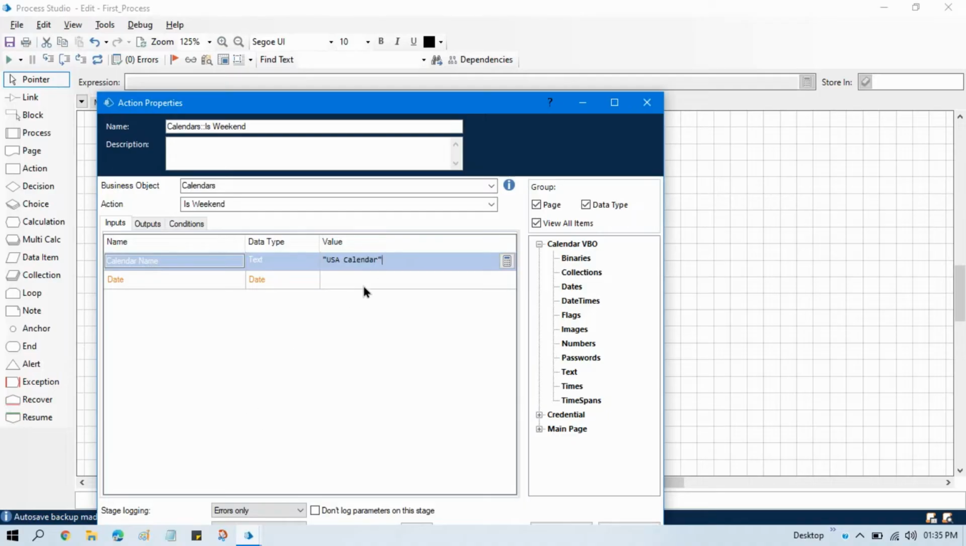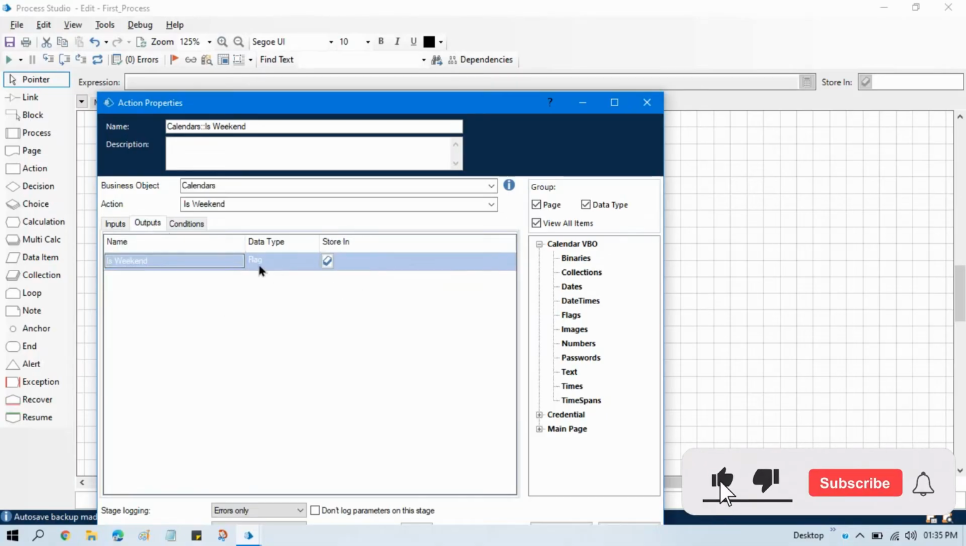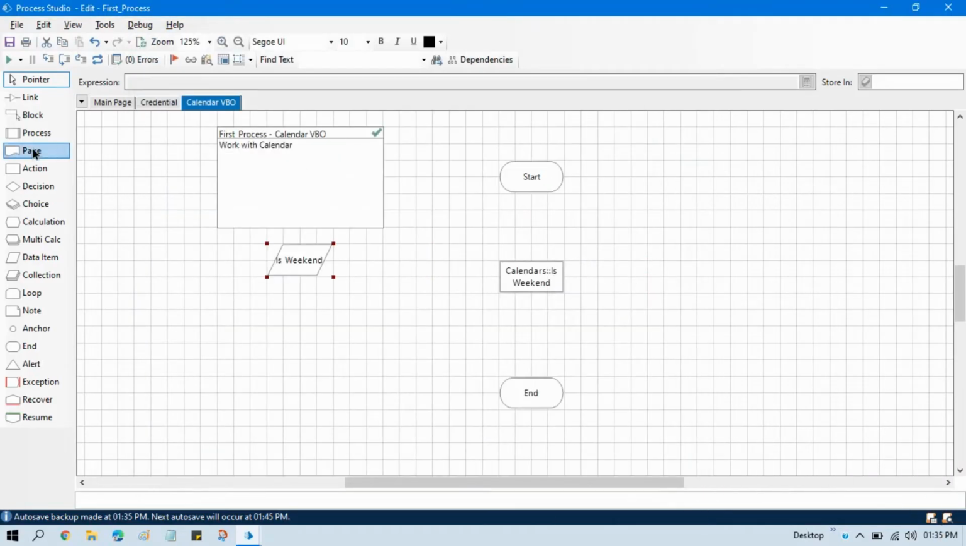Somewhere we have weekends. So I am going to write here today. I want to check whether today's date is a weekend or not. Okay, so again we will be getting a flag, is weekend, true or false. Okay, now link this,